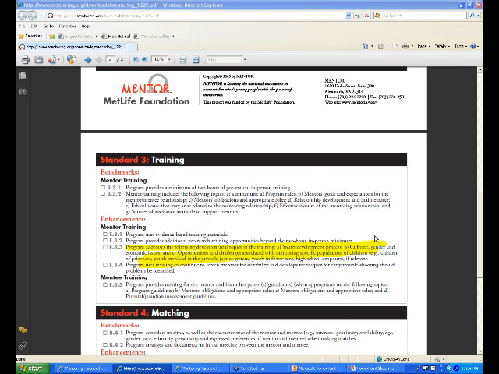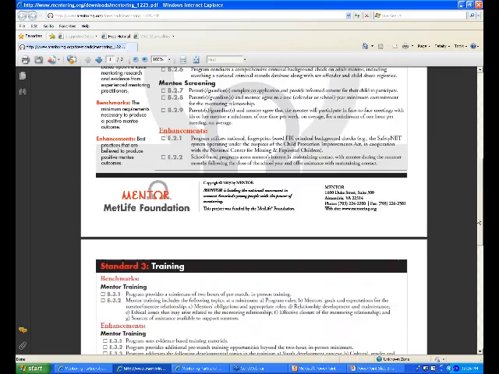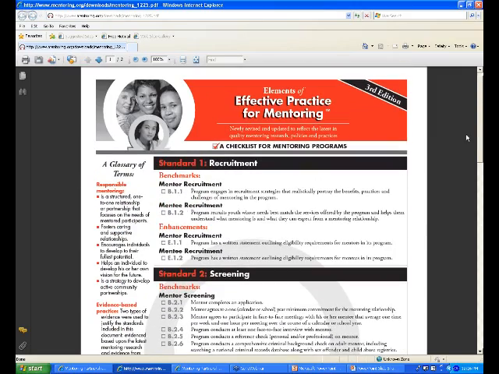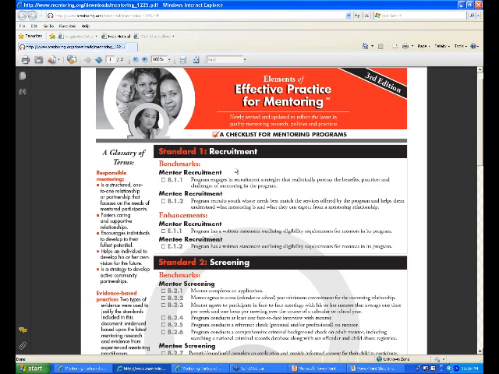Good. So I was showing what Becky was talking about in the enhancements, but I'm going to go back up here. This is how the elements of effective practice, the 3rd edition, is set up. I know we looked at this in a previous research and action webinar, but you look at the benchmarks. I have to keep pulling up my little spotlight. The benchmarks for mentor recruitment, and they really have one that engaging in recruitment strategies and really emphasizing that realistically portray the benefits, practices, and challenges of mentoring in the program. Because that's the piece that's research-based, and there's not a whole lot of research, but they're looking at Renee Spencer's